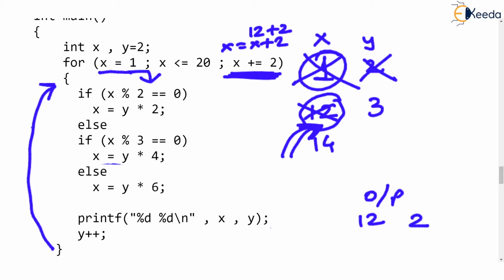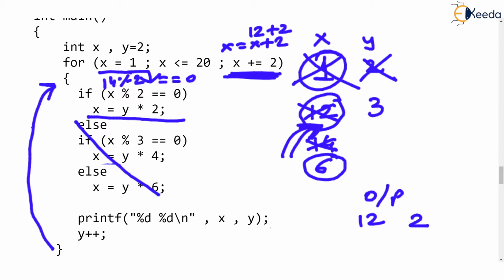We are checking is 14 % 2 equal to 0. It is. 2 7s are 14, remainder is 0. Then this line will run. So x will become y multiplied by 2. Now y is 3. Check that y is 3. So x will become y into 2, which is 6. Okay. And you all know that this else will not run. Because one of the if was true and this is nested if. So this else will not run.